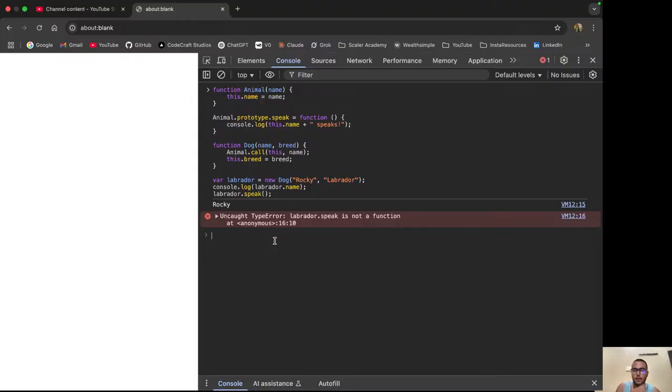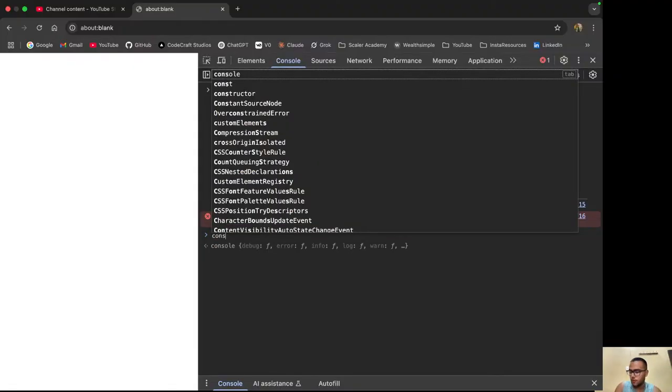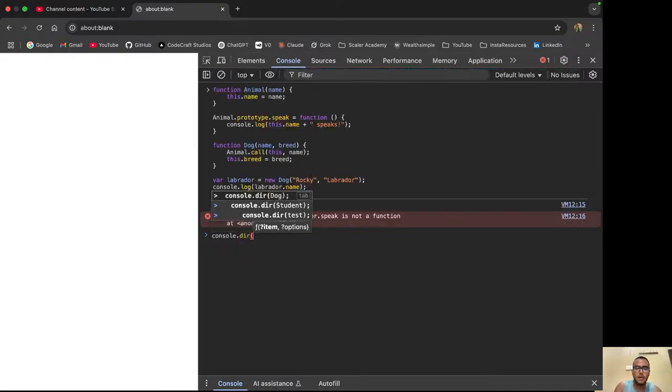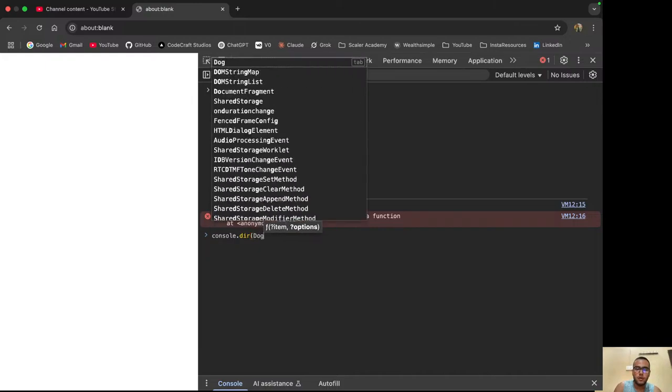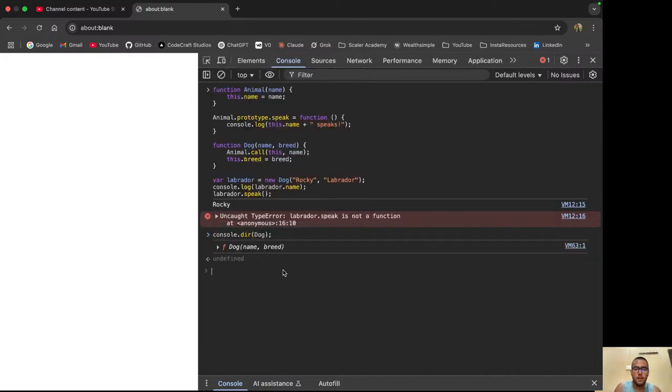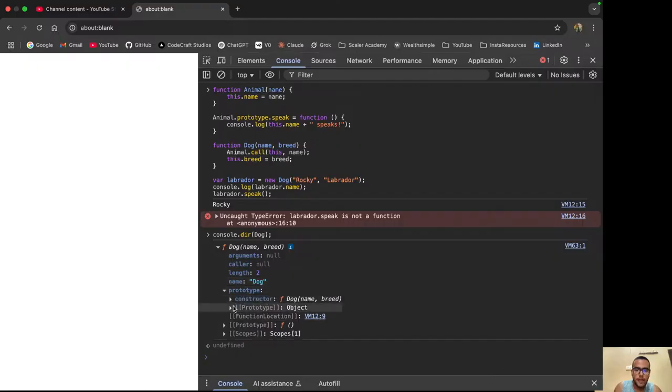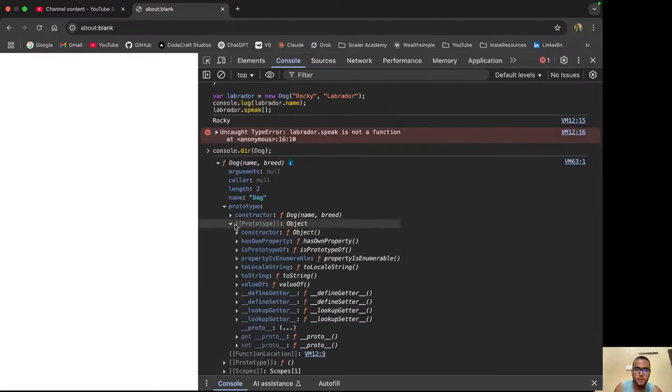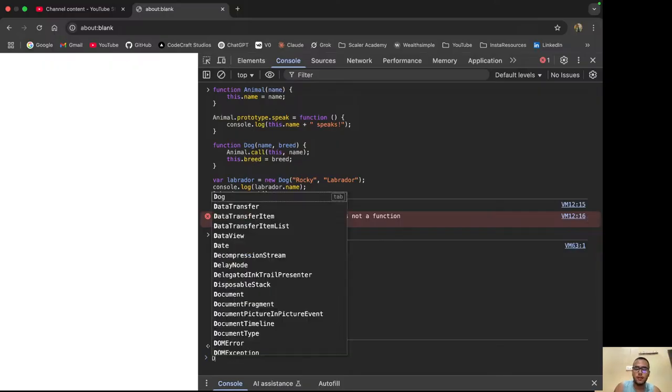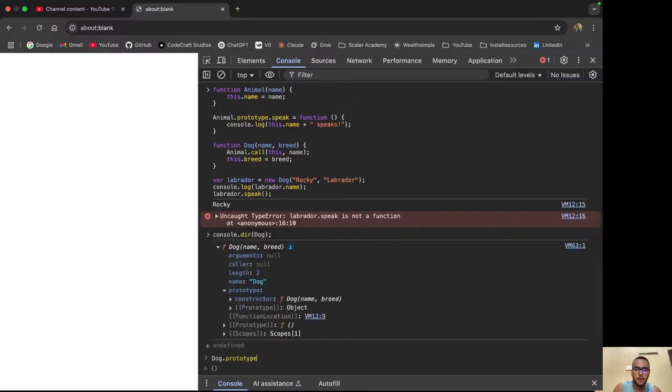So what we can do is, if I try to console dot dir dog, it will give me a function and say its prototype is having a proto which is linked to an object. So what we can do is something like dog dot prototype dot underscore underscore proto equal